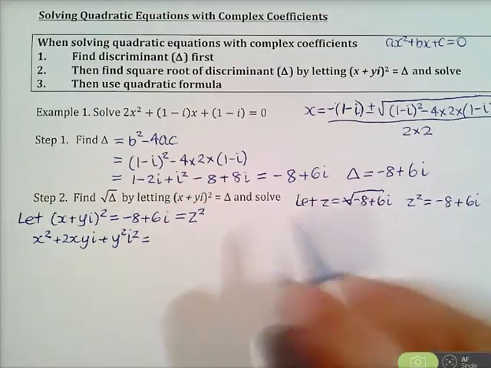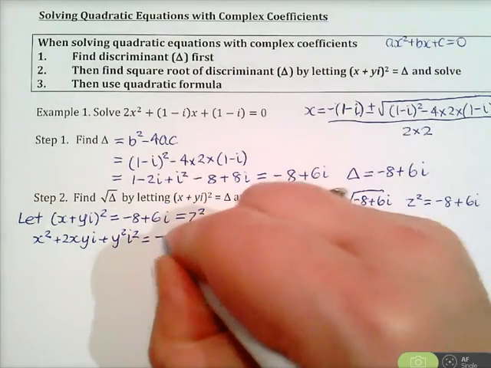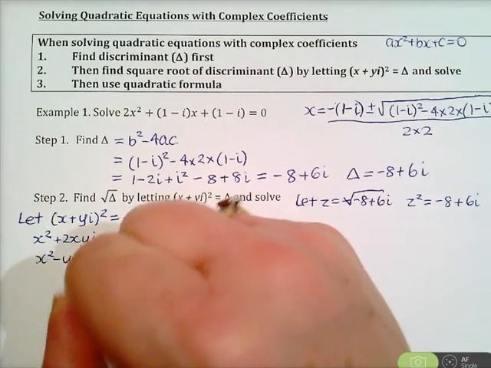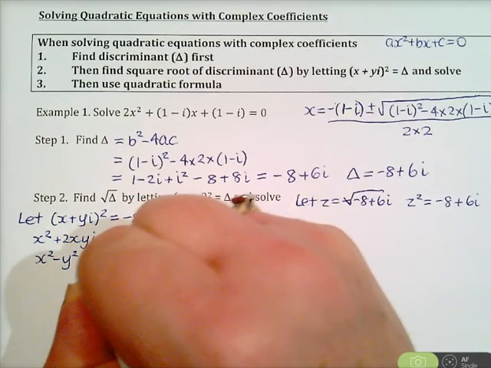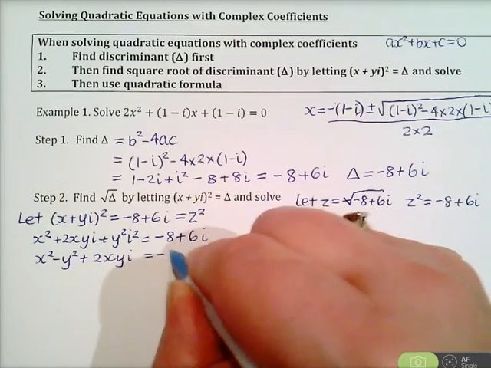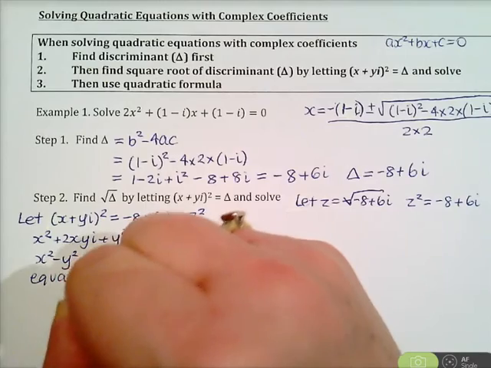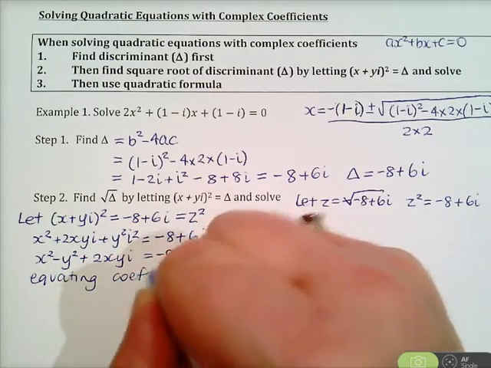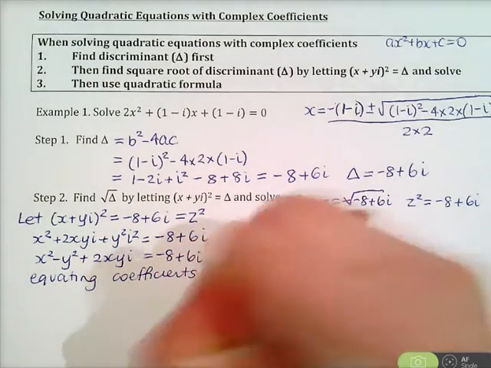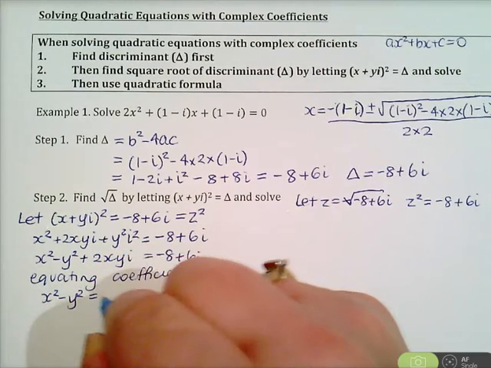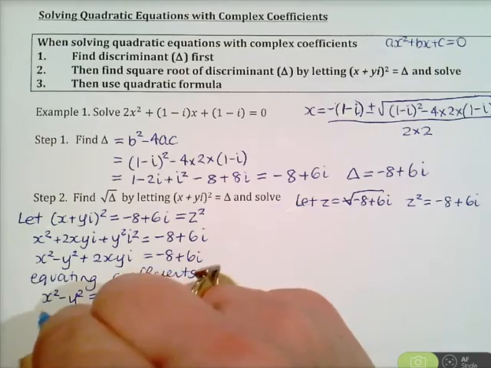Actually, you can pause the video and just do this on your own now. Equals negative 8 plus 6i. And we've got x squared minus y squared plus 2xyi equals negative 8 plus 6i. So equating coefficients, real and imaginary, we get that x squared minus y squared is negative 8, equation 1, and we know